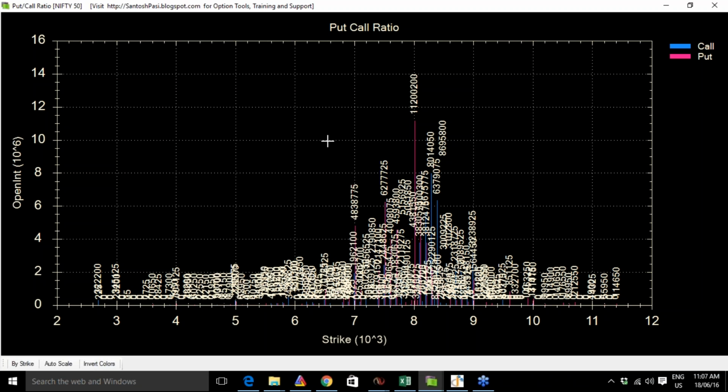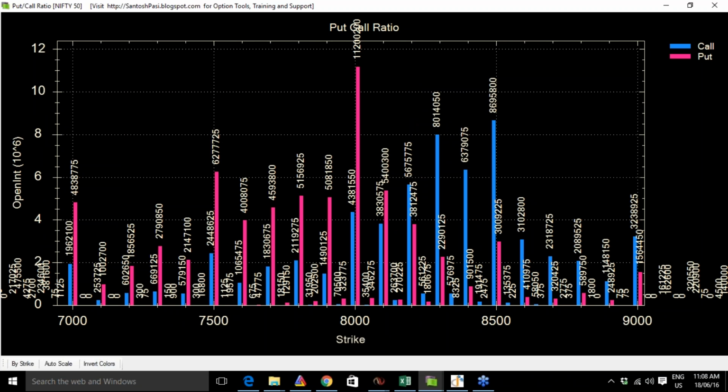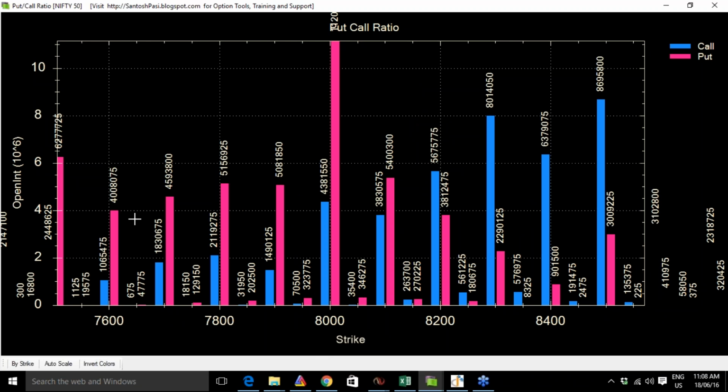By default it shows all the strike prices, but if you want to see only a limited zone, let's say you want to see only from 7,000 strike price to 9,000, you can select those zones and you'll be able to see only those particular strike prices. Or you can even select only 7,500 to 8,500, and you can monitor what is happening in those particular strike price zones. So now we can see that the 8,000